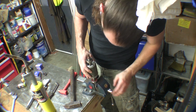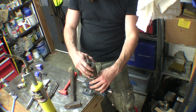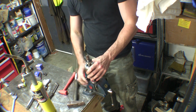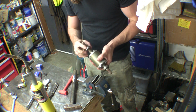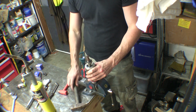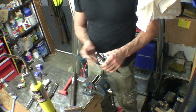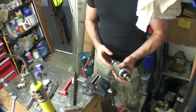Okay, slip the bearing on as far as I can. Just sit it in the vise so it's resting on the inner ring. Okay, I'm going to leave the old rear bearing because it feels fine, and this bearing will probably outlast the motor, so